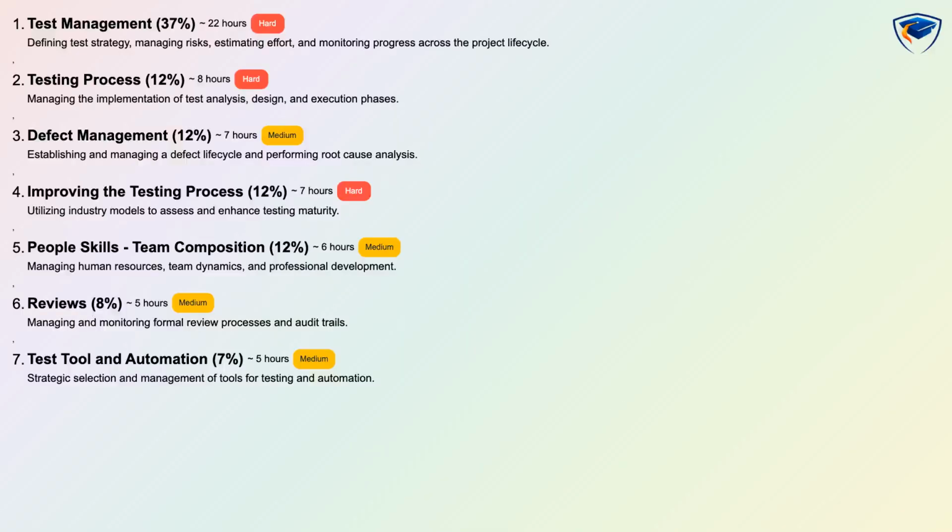The syllabus covers 7 domains with exact weights. Test management 37%, testing process 12%, defect management 12%, improving the testing process 12%, people skills, team composition 12%, reviews 8%, and test tool and automation 7%. Knowing these percentages helps you allocate study time and focus on the highest weight areas while preparing for conceptual and